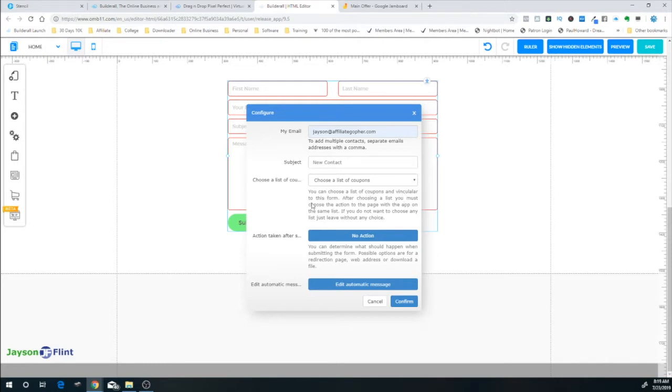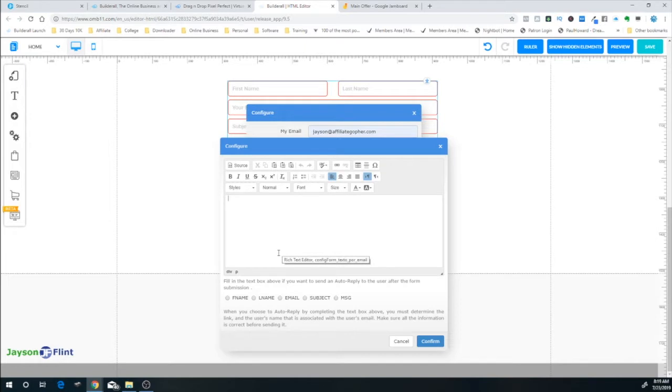After you choose a list, you must choose the action to the page with the app on the same list. If you do not want to choose any list, just leave without any choice. Edit automatic message. So you can have an automatic message go out to them as they put information in. Say, hey, thank you for your